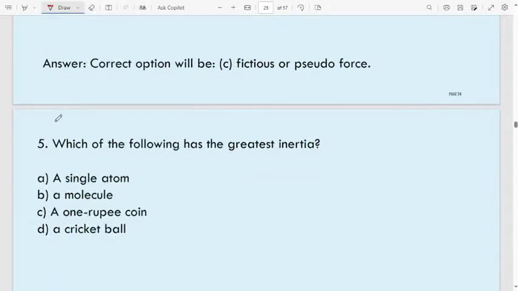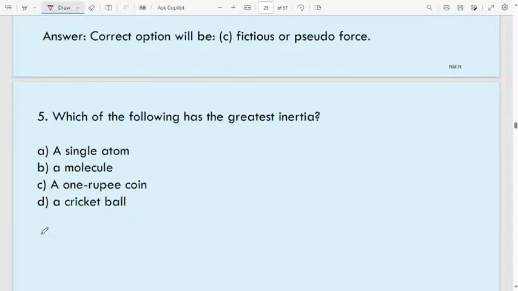Next question, which of the following has the greatest inertia? Inertia directly depends upon the mass of the body. If the mass of the body is more, inertia will be more. Remember that one. Here option A, a single atom, option B, a molecule, option C, a 1 rupee coin, option